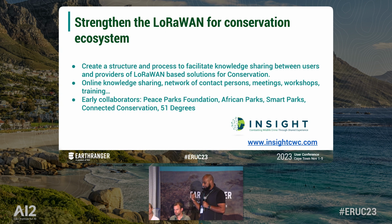So as a collective, this is what we were saying. We're trying to create a structure and a process to facilitate knowledge sharing between users and providers of LoRaWAN-based solutions for conservation. Online knowledge sharing, network of contact persons, meetings, workshops, and training, and a network of early collaborators as such seen on the stage. So we're trying to build a community here around LoRaWAN users. We've called it LoRaWAN for Conservation, LFC. I'm not sure that's the official name, but